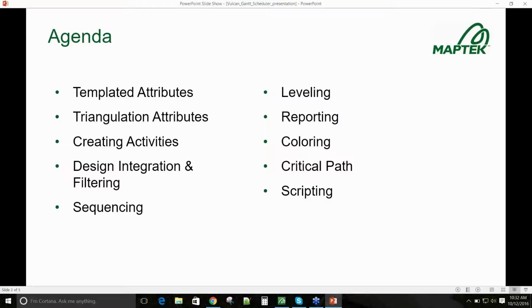Today we're going to look at some things on the Envisage side specific to attributing data with templated attributes, triangulation attributes. We're going to create activities in the schedule, look at the design integration, filtering, sequence, level, and report our schedule, as well as additional tools to help us analyze the schedule information, such as coloring critical path and scripting